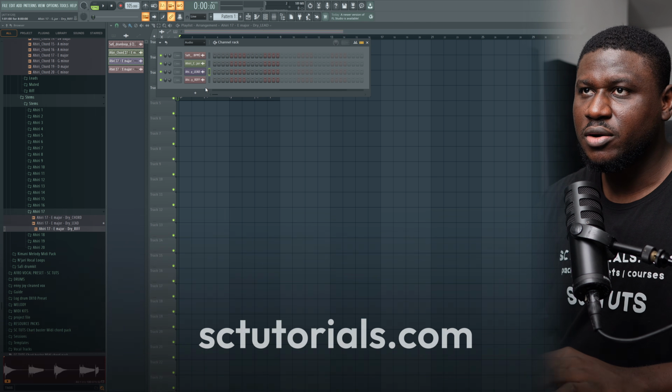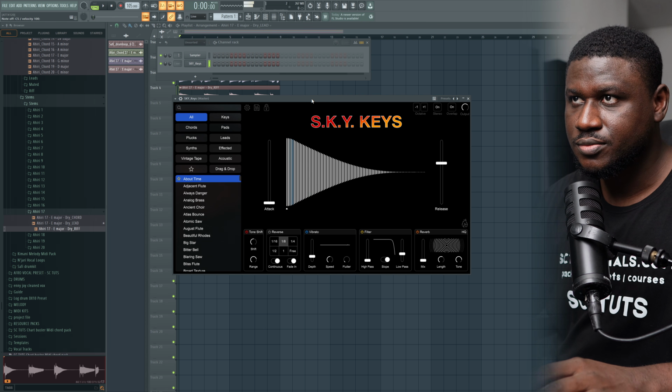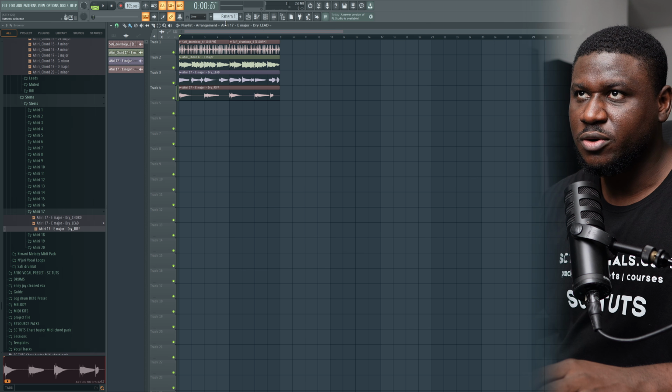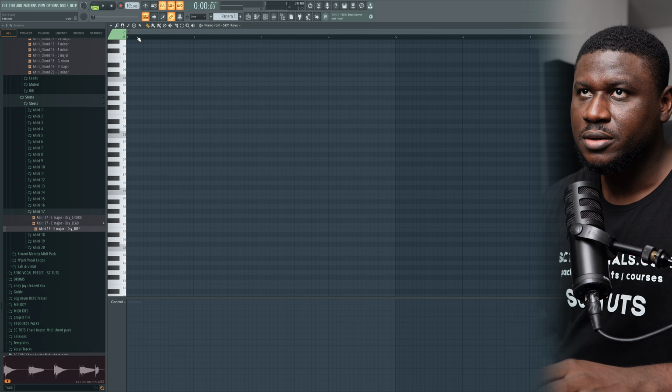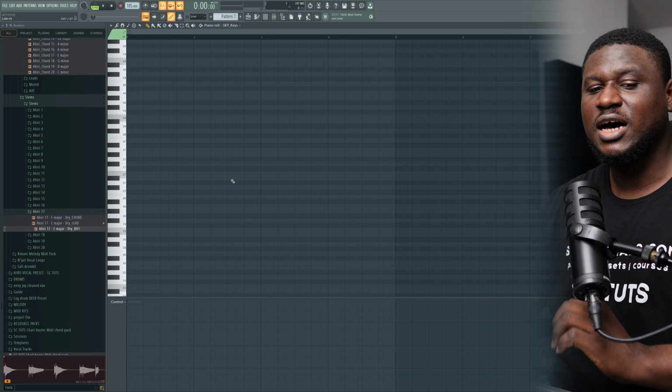So I'm going to come to channel rack and then add Sky Keys, and I'll use it to play my chords. So this is currently on E major. So after this, come to the piano roll, but first of all paste our empty pattern in here and then right click, major. So it's important to play the right chord so you can easily add more melodies to this